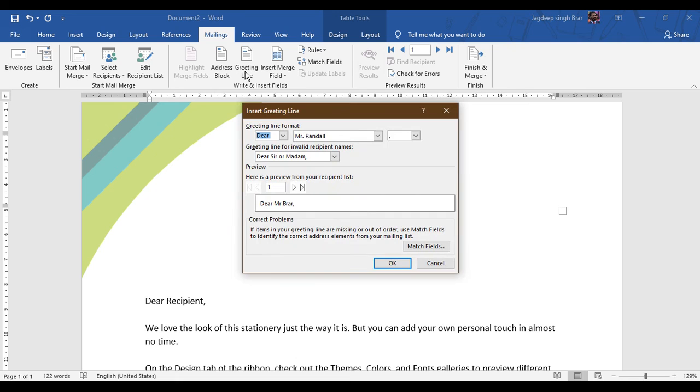For example, you want to greet a person first, like Dear, the person's name, then a comma, then click on OK. If you want to change it, you can select the second option, like how you want to send it.